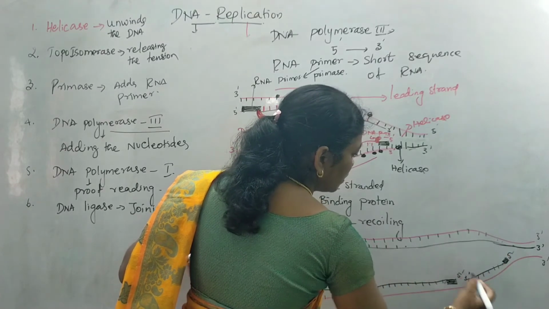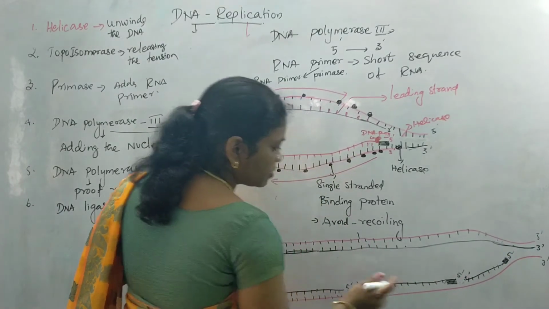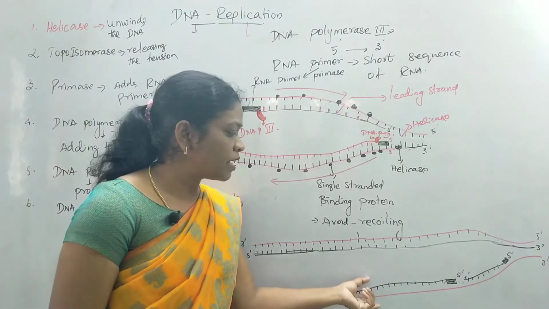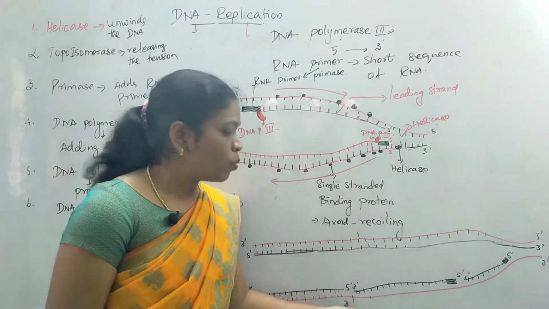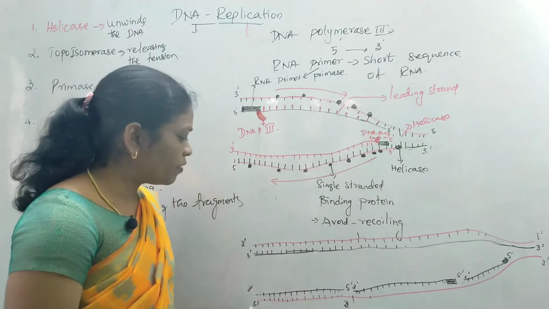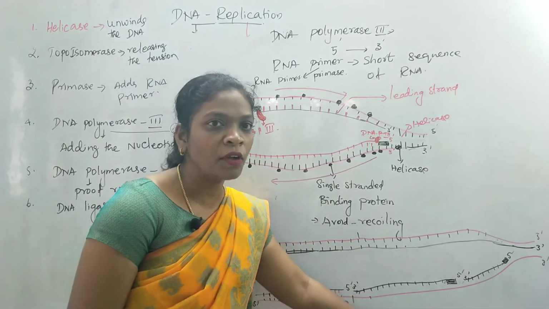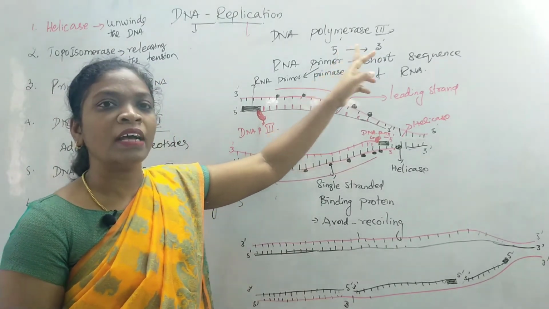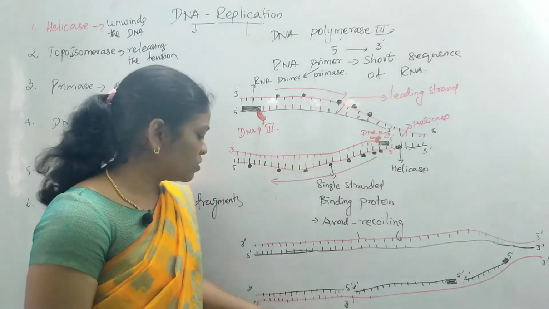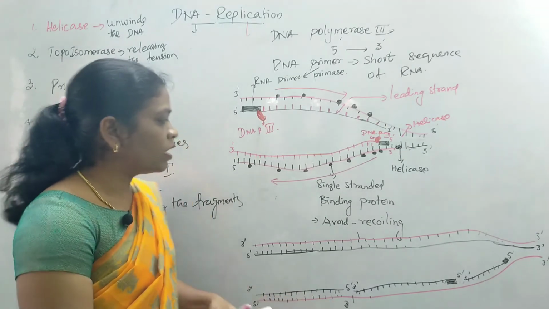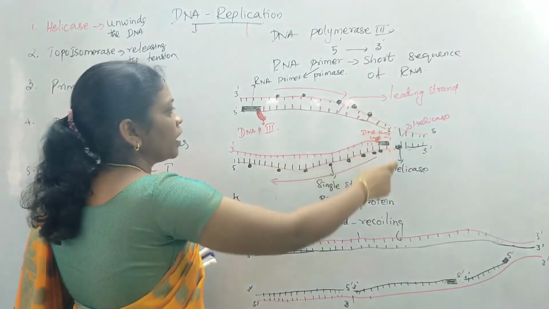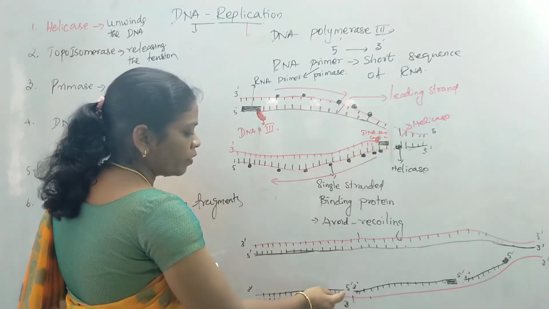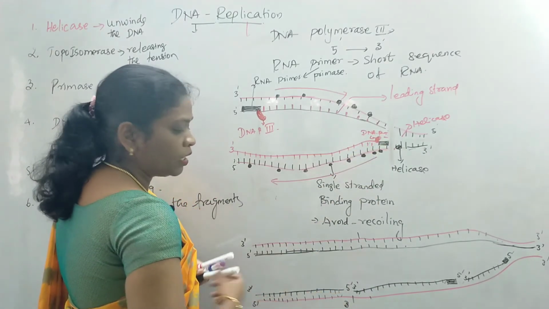5 prime, 3 prime, 5 prime, 3 prime. So these strands are not continuous. This strand is just in the opposite direction. So what happens here? The chain runs from 5 prime to 3 prime direction. As we already know, the DNA polymerase will add the nucleotides from 5 prime to 3 prime direction. Imagine here the new chain, where the replication fork we have got here, and we started synthesizing this particular chain from this region where we got a chain by 5 prime to 3 prime end.